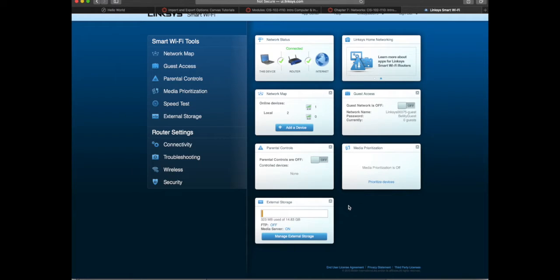Any of the other settings that we want to change would be as follows. If we come in through...